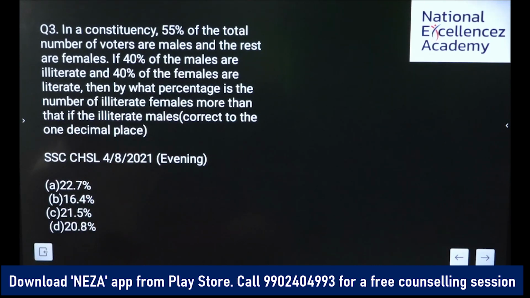This was asked in SSC CSCL held on 4th August 2021 evening sitting, and your options are 22.7%, 16.4%, 21.5%,